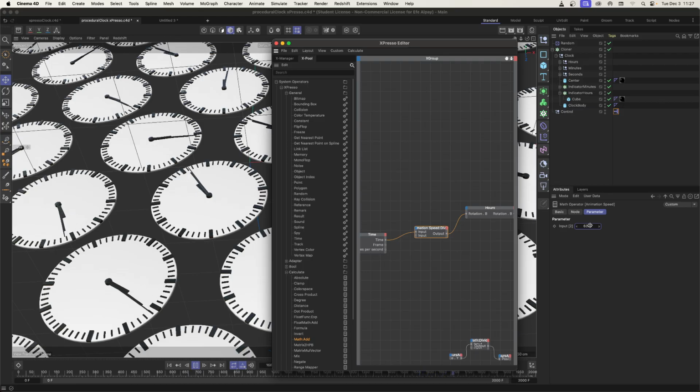Or yeah, we can create a system where the animation time value that is coming from this node here, when this time value is 1, since it's in seconds, this rotation value of this seconds arm should be 360 divided by 60 seconds, which is 6, right? So at the first second, when this value coming from this time is,